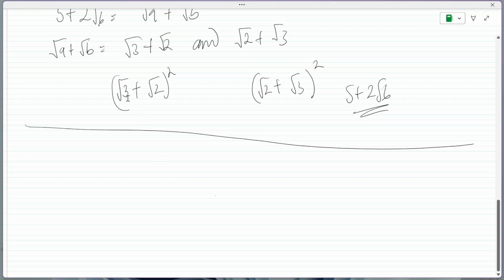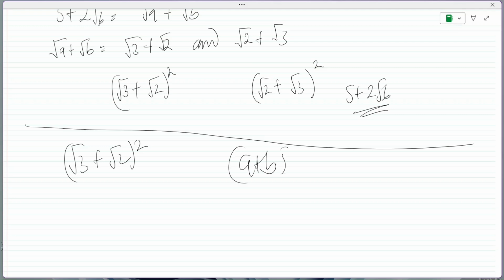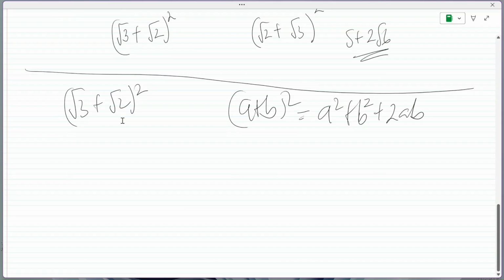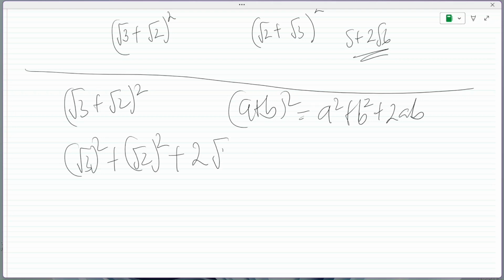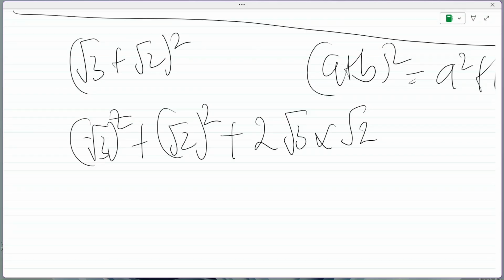We can prove this is right. Let's do it. We have root 3 plus root 2 all square. And it says a plus b all square is a square plus b square plus 2ab. Root 3 is our a, root 2 is our b. So we have root 3 square, that's your a square, root 2 square, that's your b square, plus 2 root 3 times root 2. For this, square cancels square root, you'll be left with 3, plus square cancels square root, you'll be left with 2, plus 2